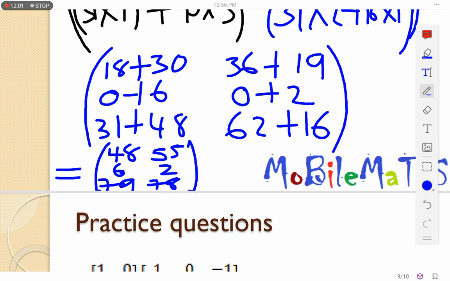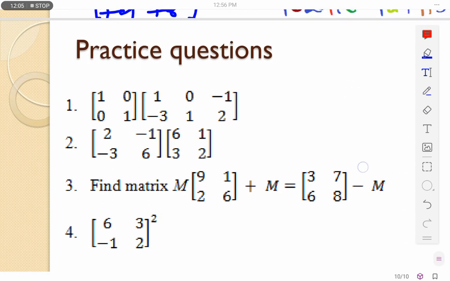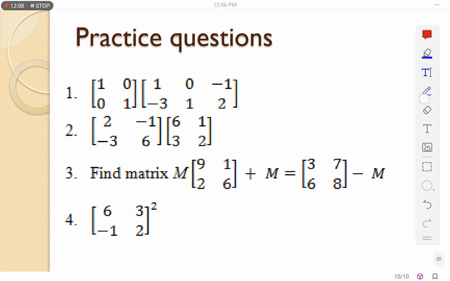Okay, so I want you to do these practice questions, and please don't forget that we said every row will be multiplying each column before